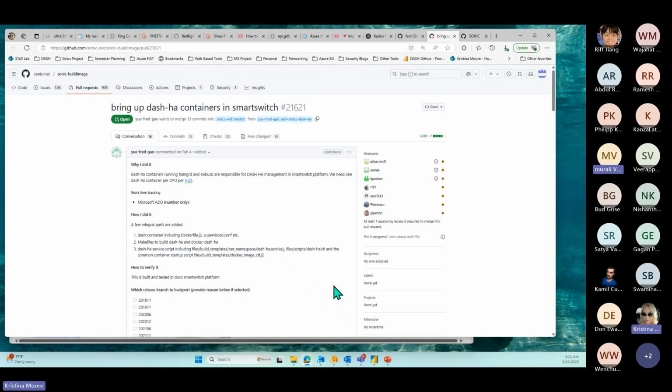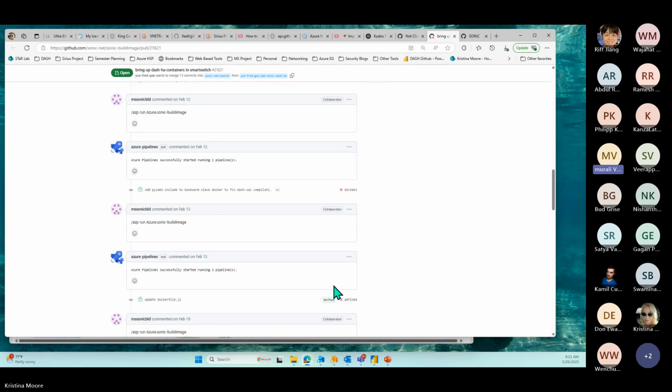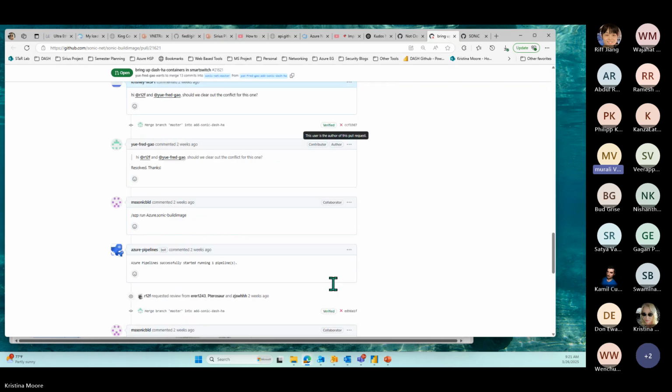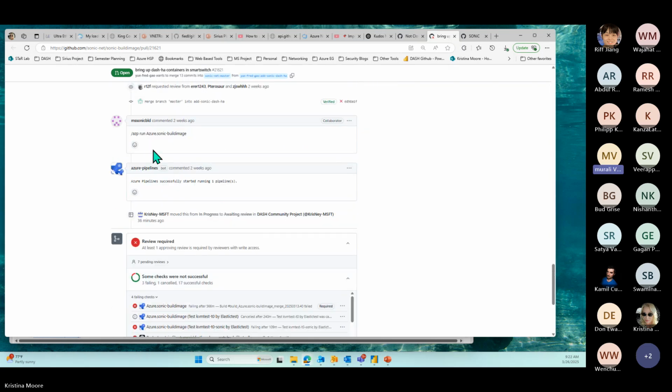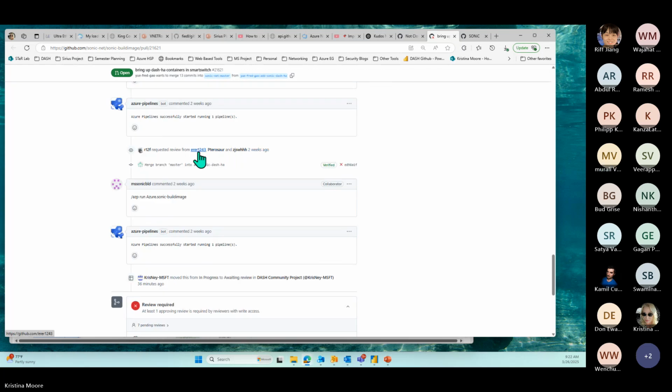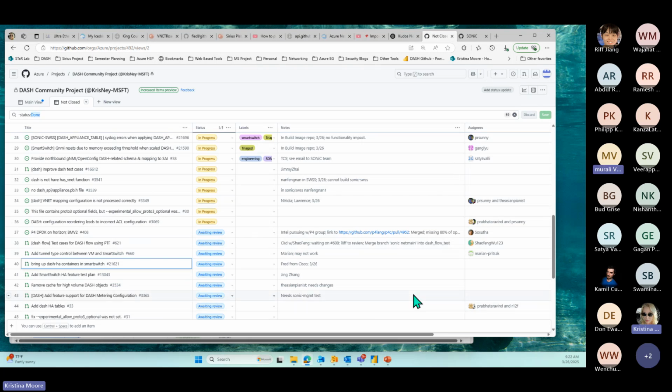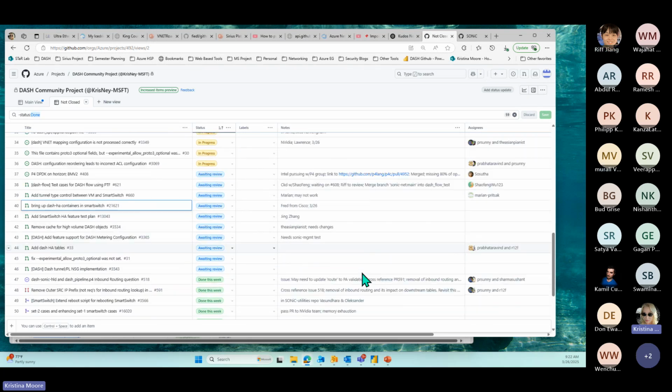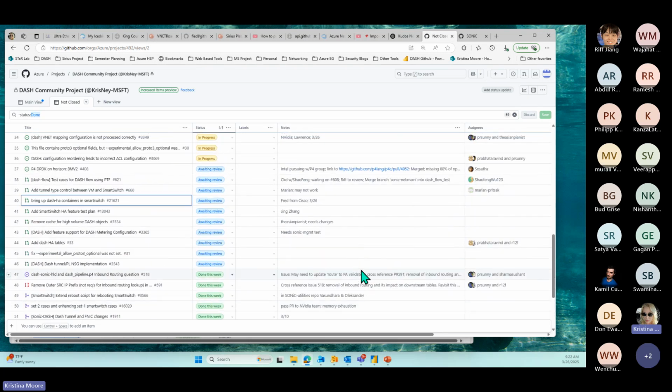I think Riff and Oliver probably are in reviewing mode here, right? I think Riff wanted a review from Zgan, and maybe, then I'm not sure who these two are here. So I'll just start with Jing. Okay, cool. So I know Fred's working on that one from the Cisco team, and so there's a lot of stuff going on.